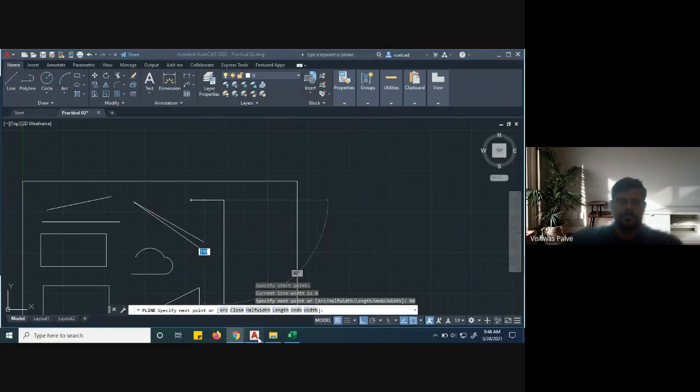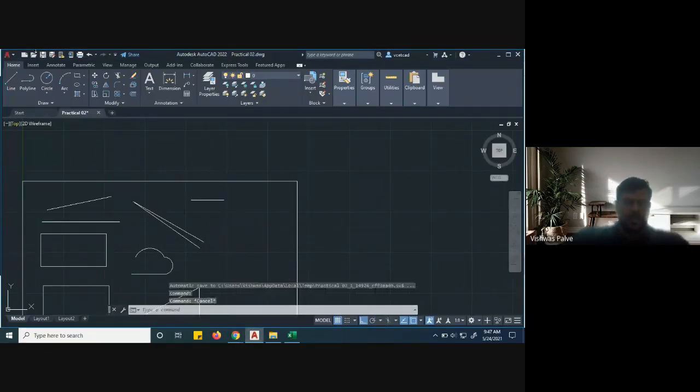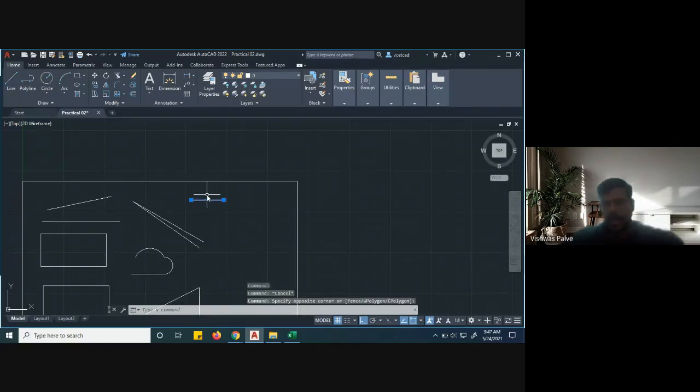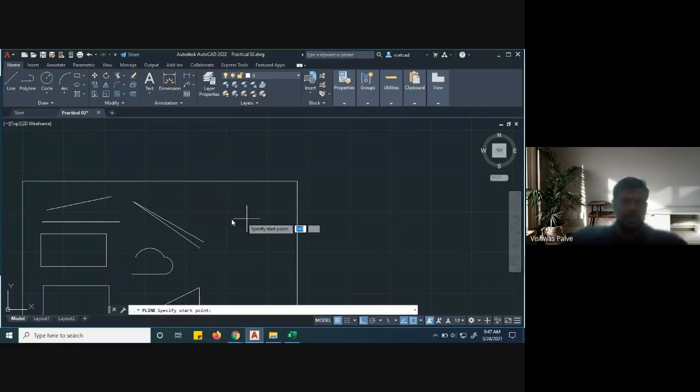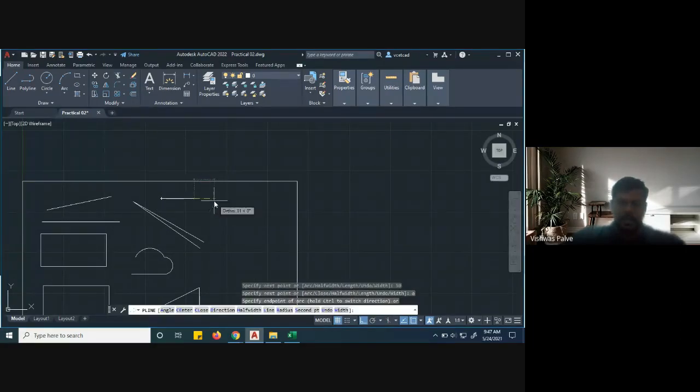Okay. So coming back to our arc. Again, if I want to draw an arc using polyline, draw a line of 50 millimeter. Then I want to draw an arc. So A, enter. Then you can draw an arc of any radius, right? So that you can modify using the radius option, right? You can change the direction.